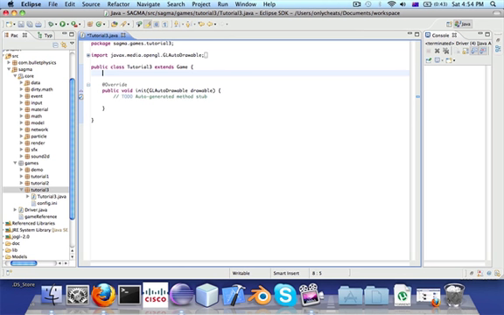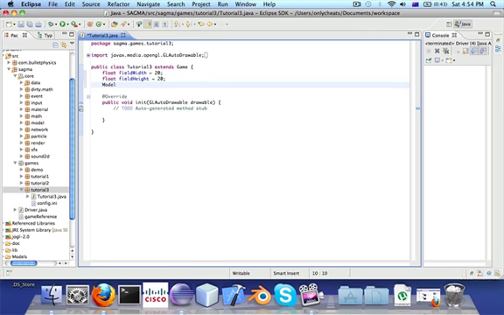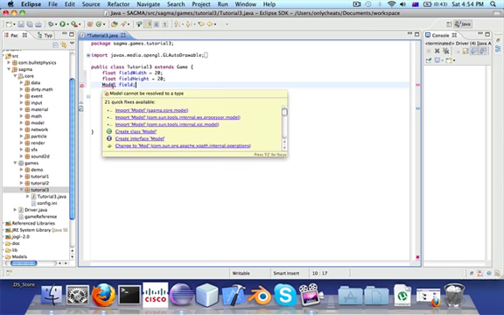We will start off by defining a couple of constants. The first constant we'll define is the field width, which is how many tiles across our field will be. We'll also define the field height, which is how high our field will be. And we'll finally define the model of the field. We'll import the model,